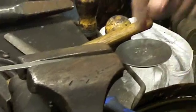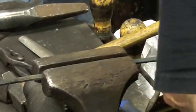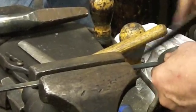Then once you've got the high spots worked out, you can go back and slightly chamfer